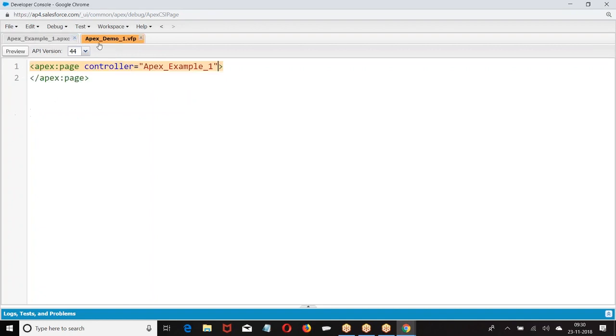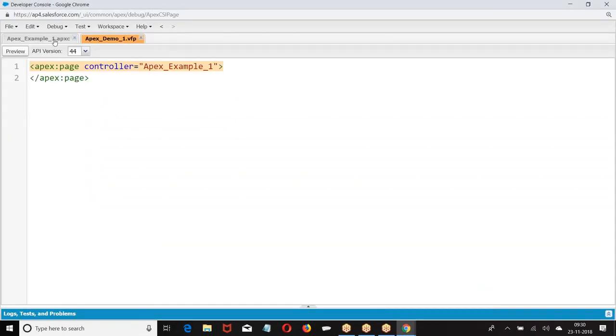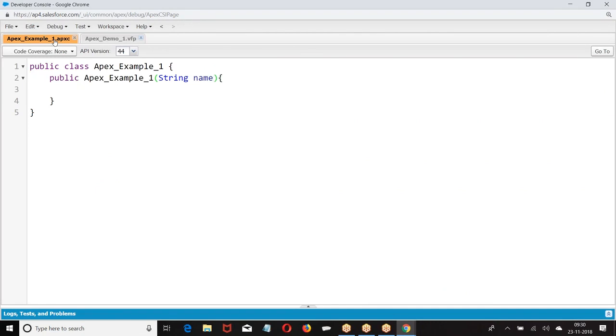If I have a constructor with parameters and execute it, you get a warning message. We are getting a Visualforce error. So what is it expecting? A constructor without any parameters. If you don't define a constructor, no problem, a default constructor will come, which also will not have any parameter. If you want to define a constructor, it should be a non-parameterized constructor.